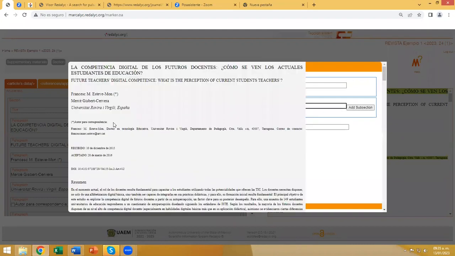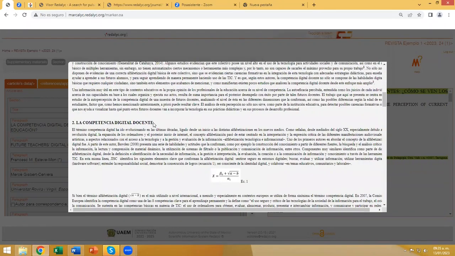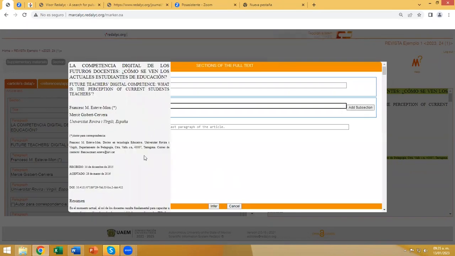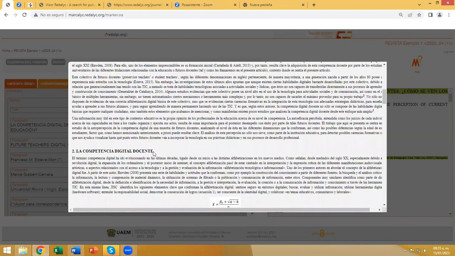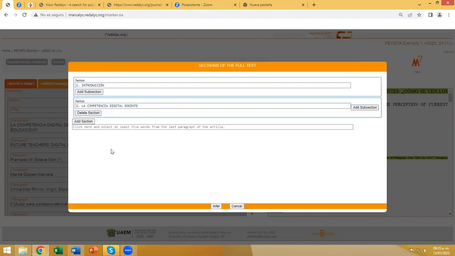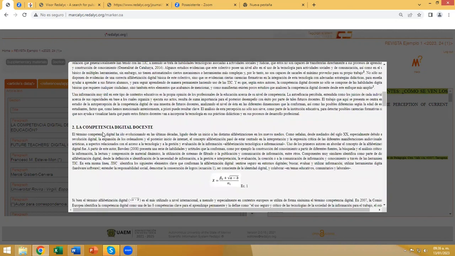Yes, section number 2. This is the information that is going to show in the body or the full text of the XML. So it has to be shown very carefully and very well. Okay, first section, second section, third section,